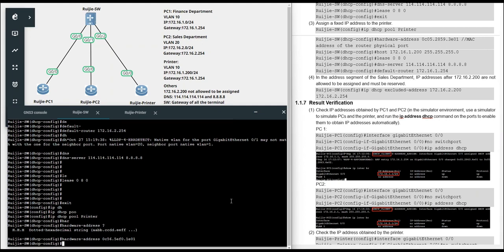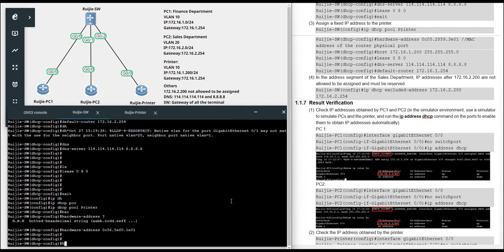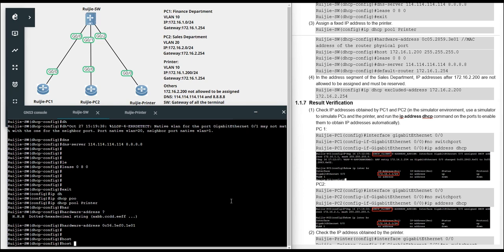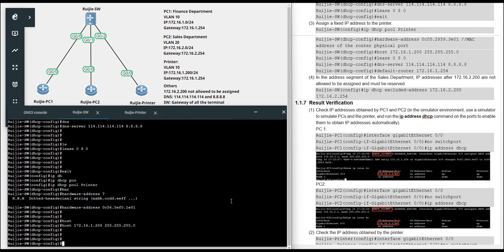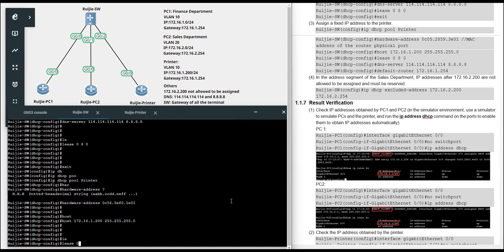Okay, enter. And give a special IP address. The command is host 172.16.1.200, and the mask is 255.255.255.0. Yes, and the lease time also is 8:00.